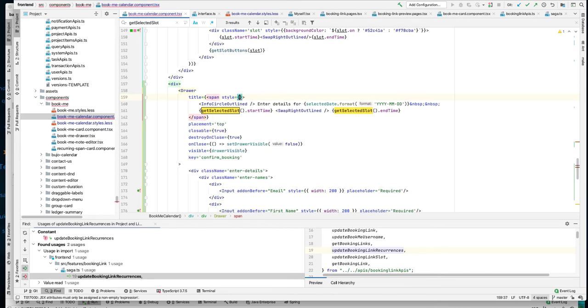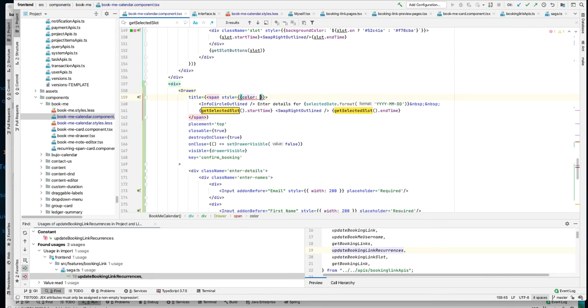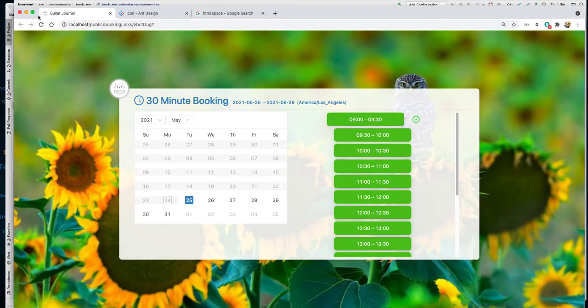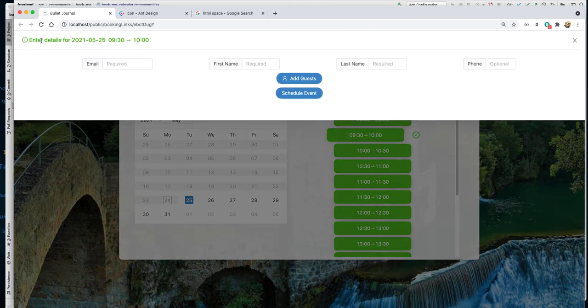So let's use the color we used for the booking. Should be this color here. I'm just gonna copy it over. Let's see how it looks. Okay. Because now it's entering details for, so the color becomes the same green, right? So enter details for this. And I mean, later we need more fields